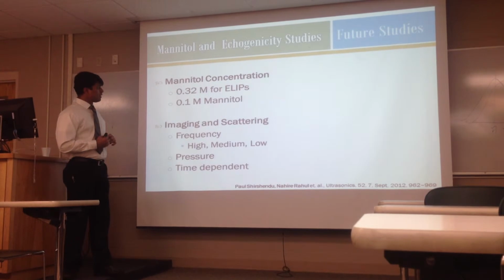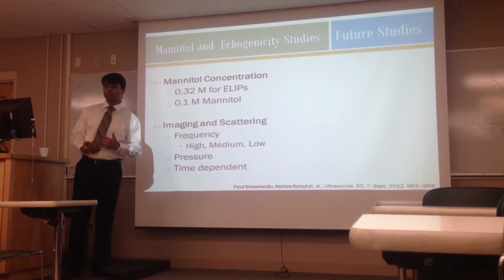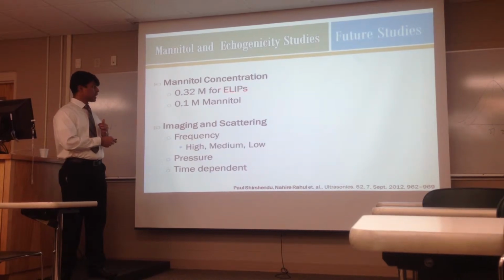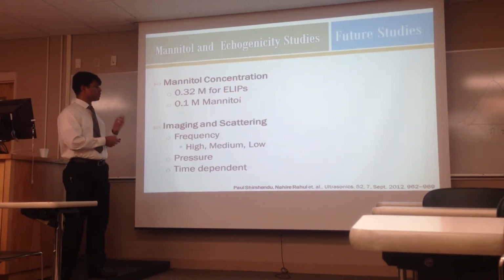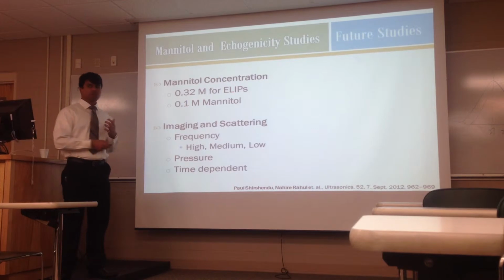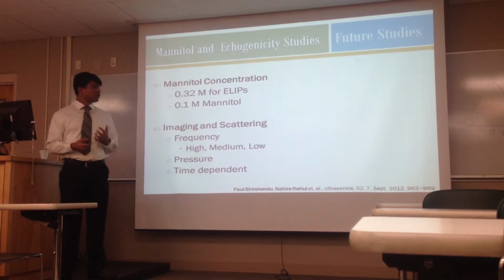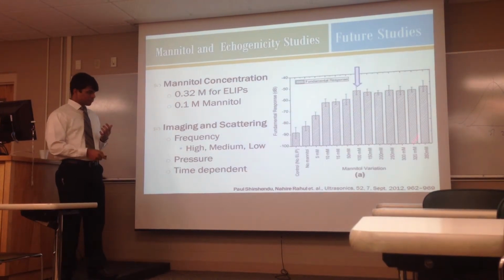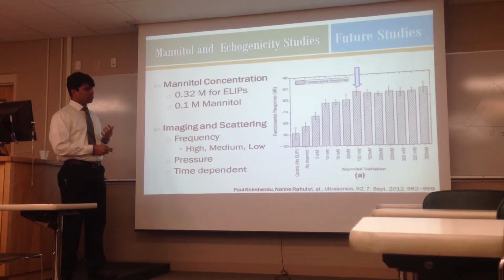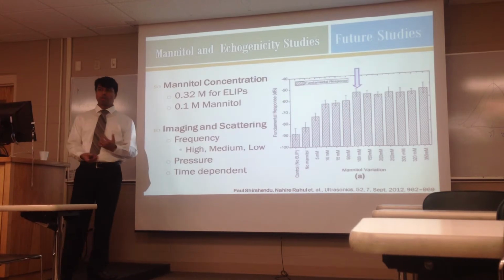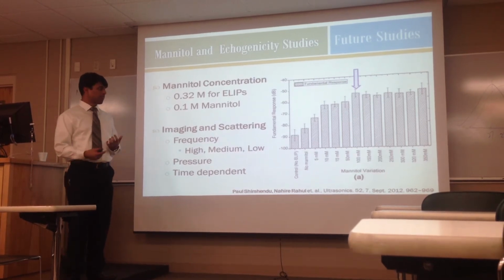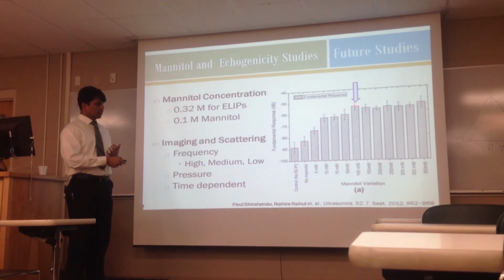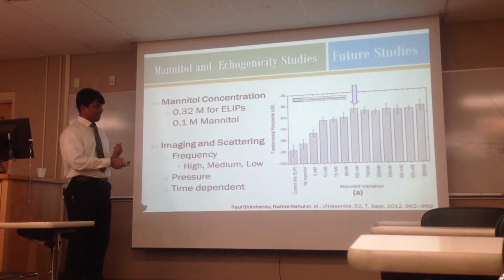Then after that, we'll be checking the echogenicity of these polymersomes. But as we know, it is established that for echogenic polymersomes, echogenic liposomes, the required concentration of mannitol is 0.32 molar. And recently, we have found out that it needs at least 100 millimolar of mannitol to get the optimum echogenicity for liposomes. As you can see, as the concentration of mannitol increases, the echogenicity increases, but after that it